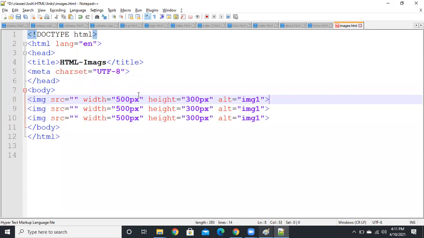I've taken three images, image 1, image 2, and image 3. Save and run. Then you will see this, because there is no source, the images are not displayed.